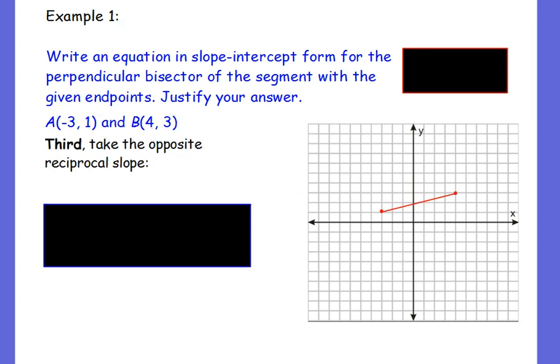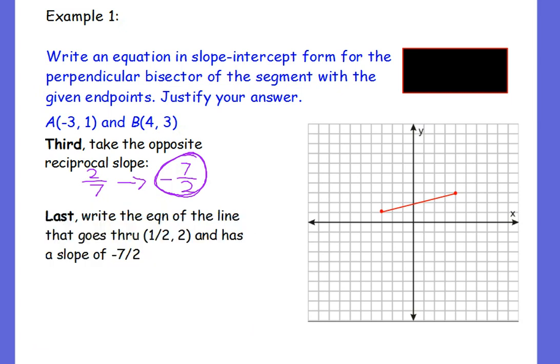Okay. So our third step is just to take the opposite reciprocal slope. So we got 2/7, so the opposite reciprocal would be negative 7 over 2. Okay, so that is the slope of the line we're looking for, the perpendicular line. All right, so we've got our slope now. We've got a point, right, that midpoint we found. So now we can write the equation of our line that goes through that midpoint and has a slope of